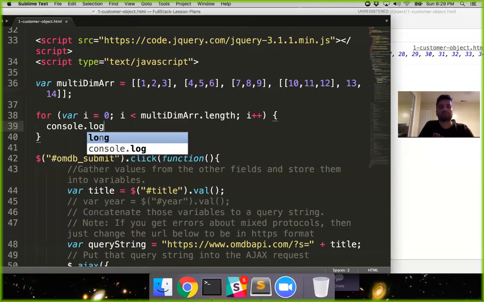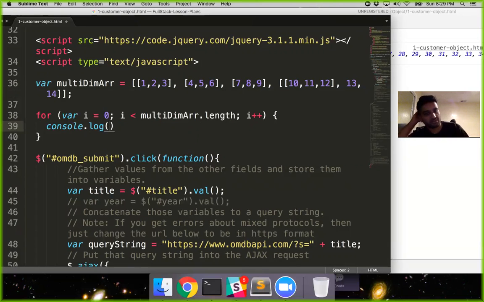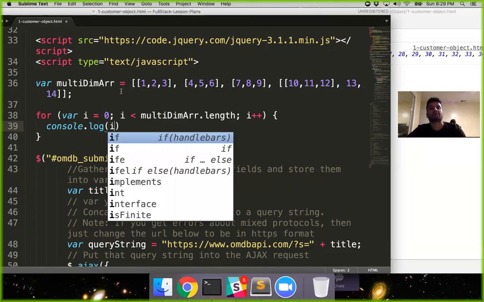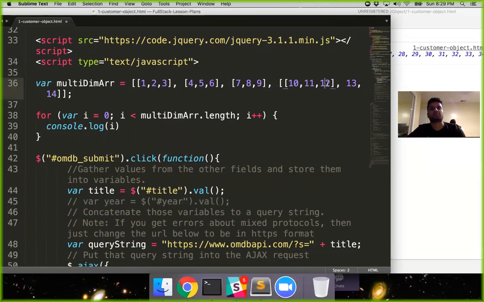If I just did it here, well, at this point, it really wouldn't give me much. It would just tell me what elements I have, and it would just be each array, right? So if I just console.log i, it would just give me array, array, array. And this is actually the 4th element in here. So this would just be the 4th array. So if I want to loop through this, then what I do is